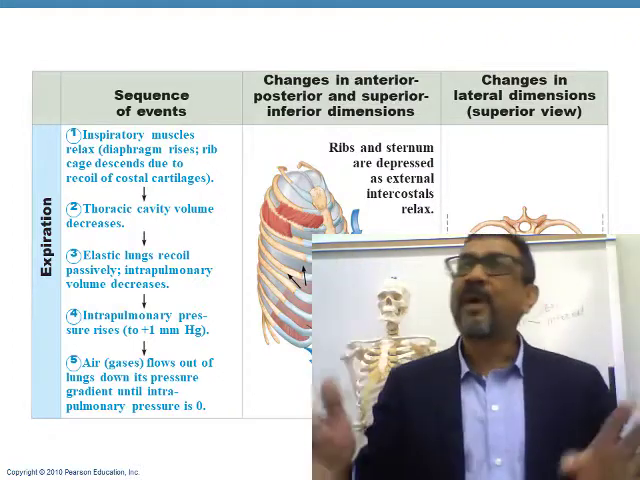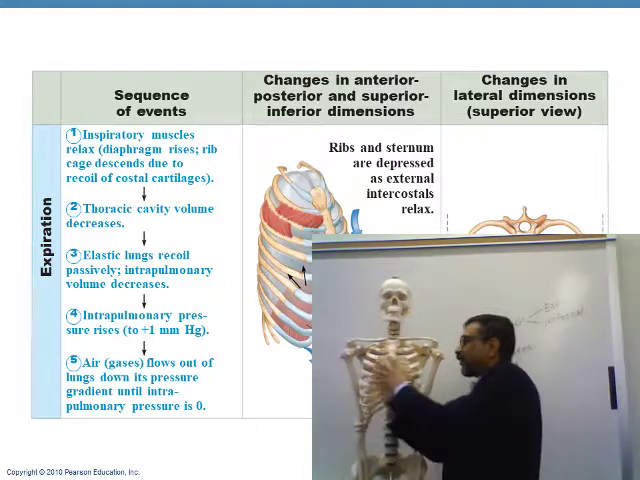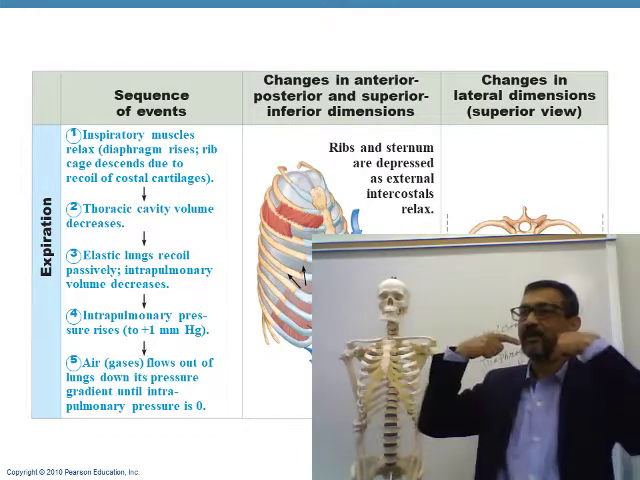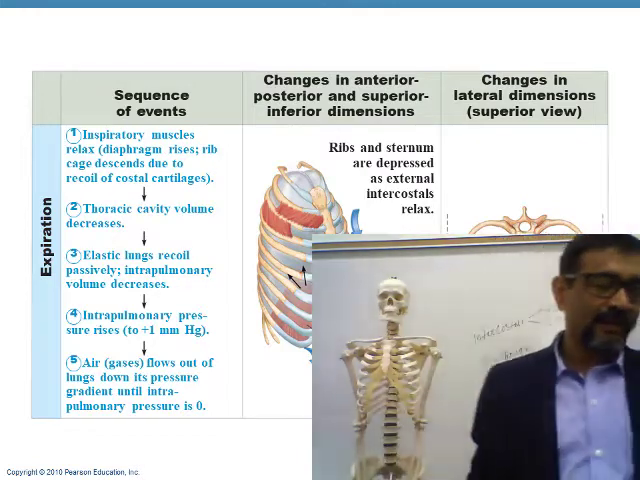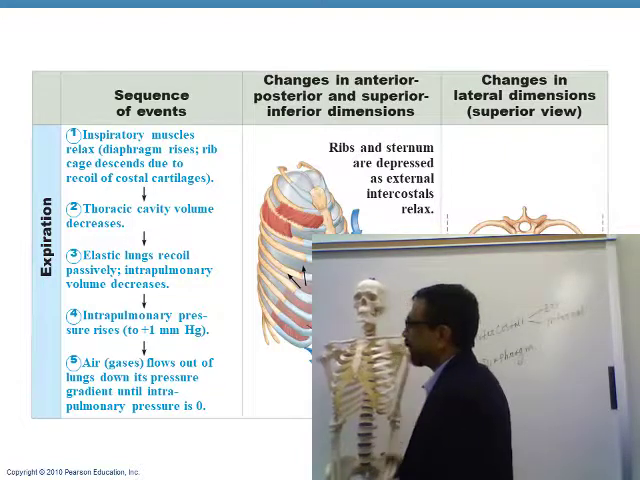Air moves from high pressure to low pressure. When the lung expands, pressure decreases inside it, so the air gets in. That is inspiration. And after that,